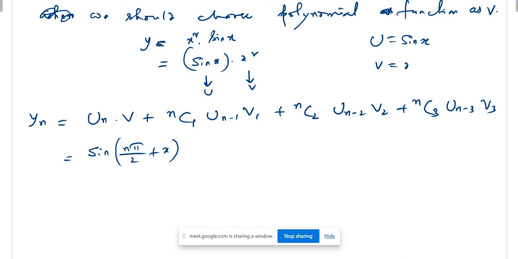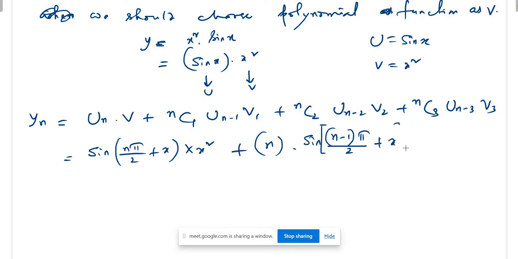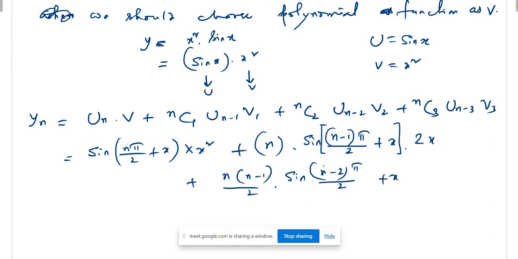and v is x square. Just put v as x square, so this into x square plus nc1, which is n, times un minus 1, sine of n minus 1 times pi by 2 plus x, into 2x, plus nc2, which is n into n minus 1 by 2, into un minus 2, which is sine of n minus 2 times pi by 2 plus x, into v2, which is 2, and after that the derivative of 2 is 0,